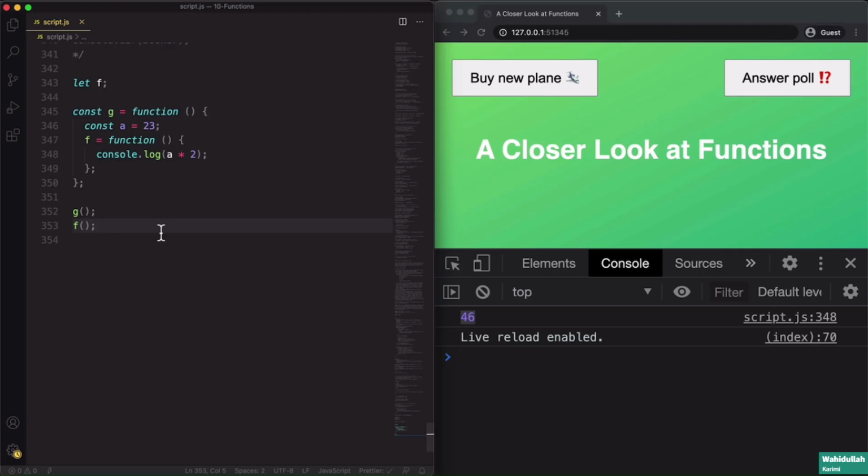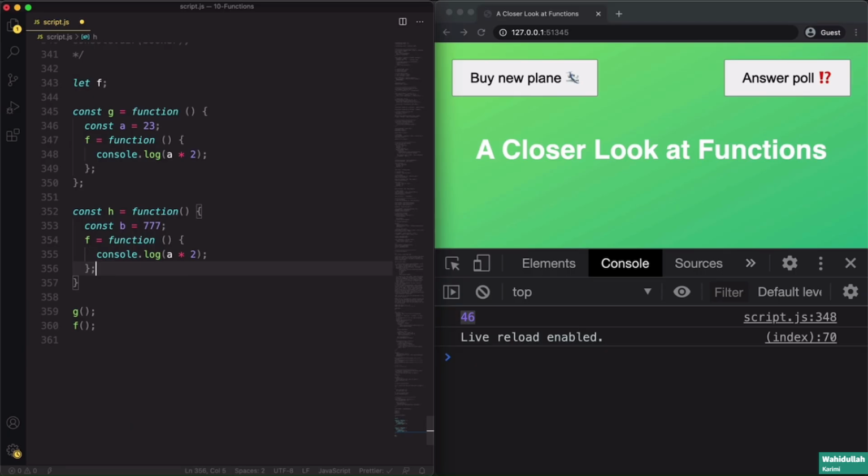But now let's take it to the next level and create a new function here. So that's H, and it's going to be very similar. All it's going to do is define B as some other value, let's say this, and then we will again reassign F right here. So let's call this one B now, of course. So this one here will then try to access B and multiply by 2. Okay? And so what I want to see with this is what happens when we assign the F value a